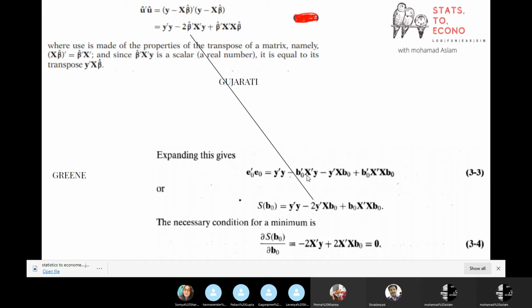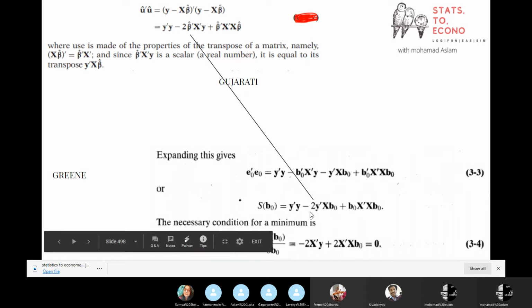So here these two terms are scalar matrices. So scalar matrix we can just write as a, we can just add this minus minus. So we have just 2 minus 2. You can keep any of these scalar matrices. Means if you go with Gujarati, that's why I'm giving both examples.